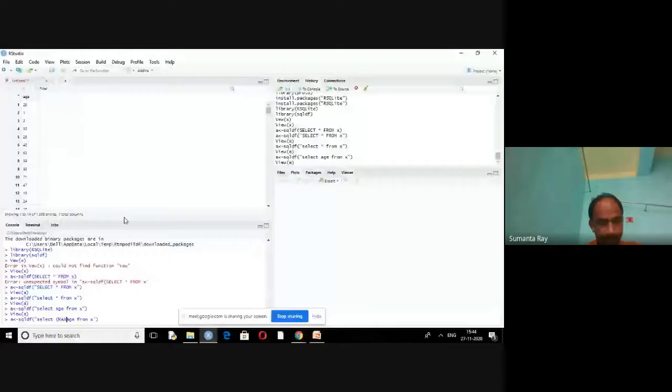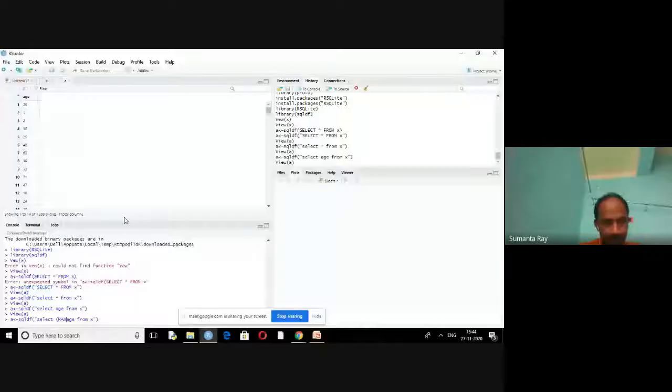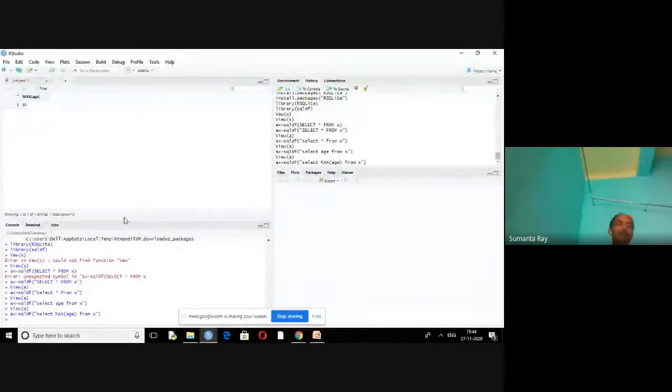If you write maximum age, that is also working. That means here you are going to find out the maximum age from the age column of table X. And that is the corresponding SQL statement of that.